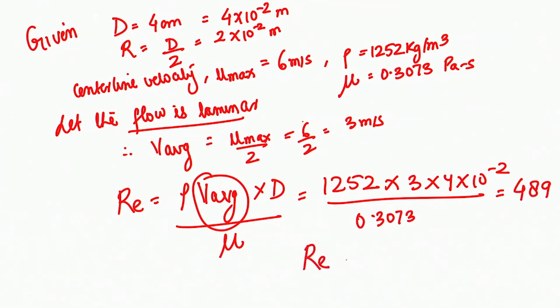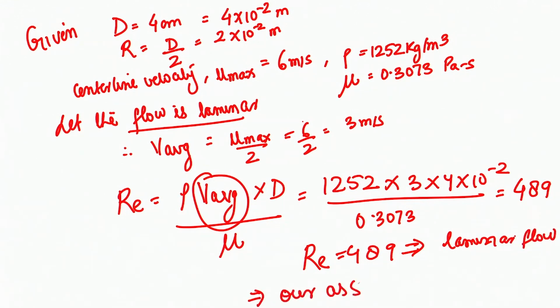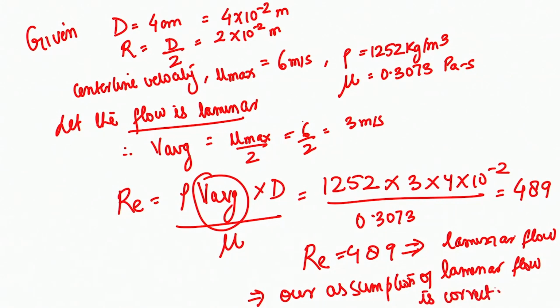So Reynolds number is without dimension, that is 489, which implies that this is laminar flow, and therefore our assumption of laminar flow is correct. Okay,